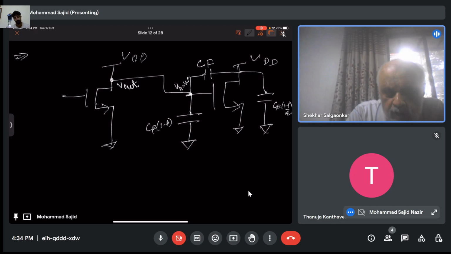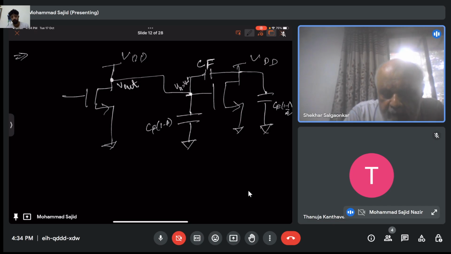Suppose I want to separate the poles, because if I want to keep a distance between the two poles, I have to introduce a new capacitance in between, parallel to this CC, the coupling capacitance, to separate out the poles, or rather to increase the distance between the poles. Parallel to that CC, whatever you said, CF, whatever is there. Okay.